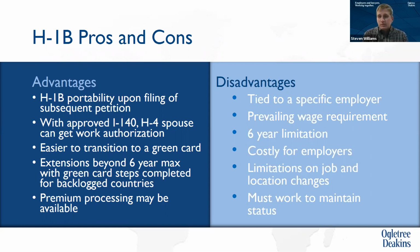Premium processing also is generally available for the H-1B. We'll talk more about that. Some of the disadvantages. It is tied to a specific employer. Generally speaking, they have to maintain employment in order to be in H-1B status. One of the major,